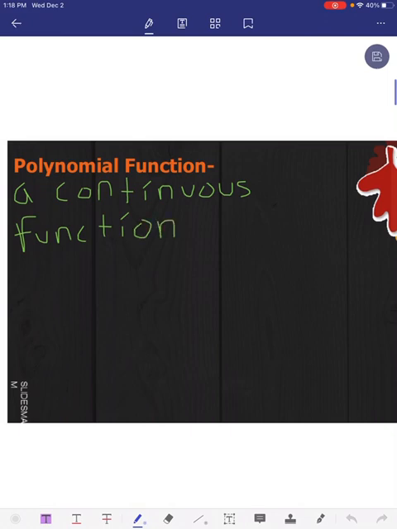So remember, by continuous, I mean that when we start our graph, if I put my pencil on the first part of the graph, I can draw the entire graph without having to pick my pencil up. I'm not going to have any holes or breaks in my graph. And by a function, it means that it has to pass our vertical line test. So a continuous function described